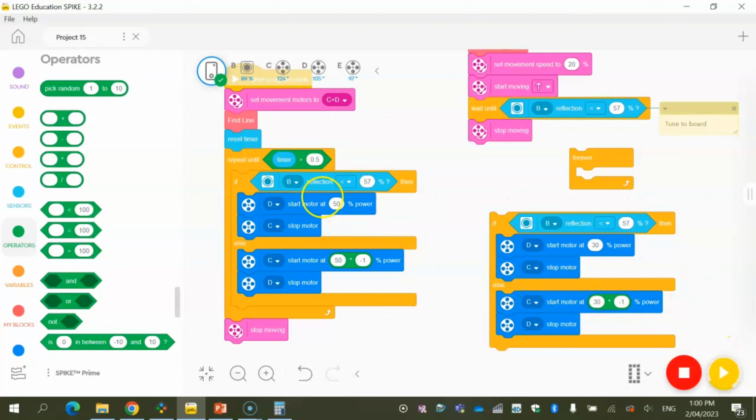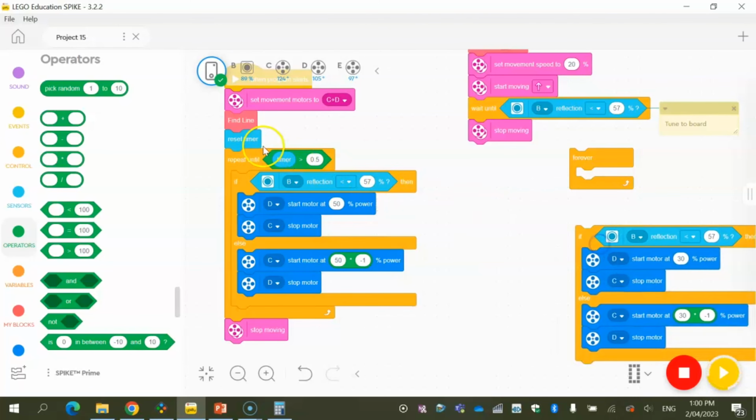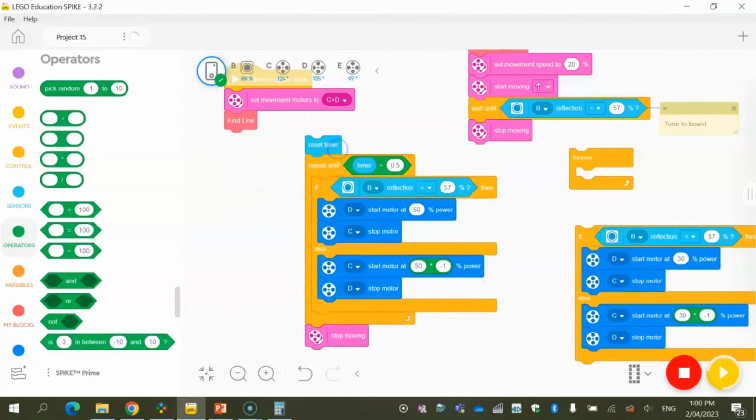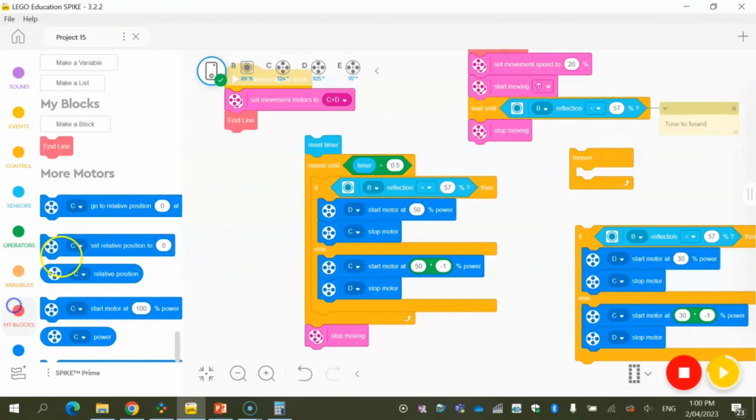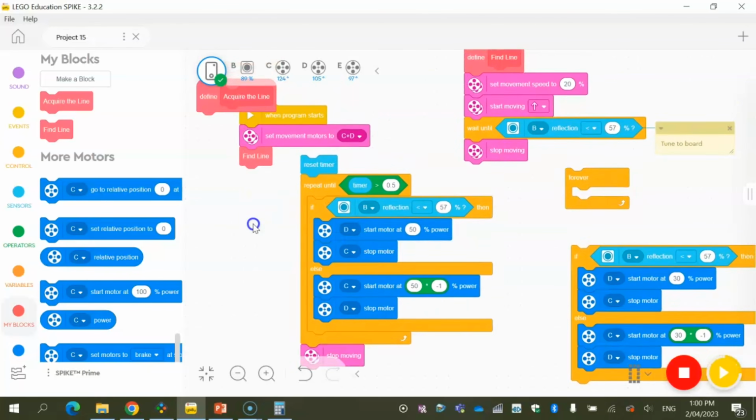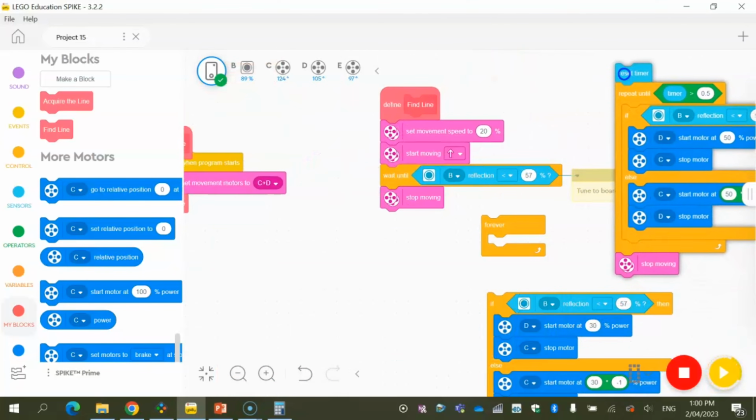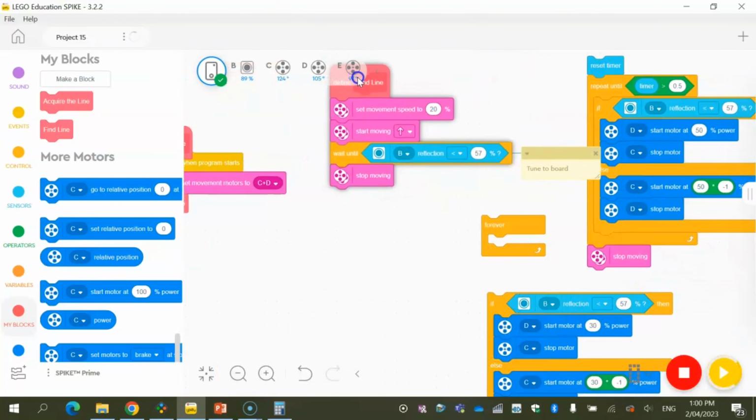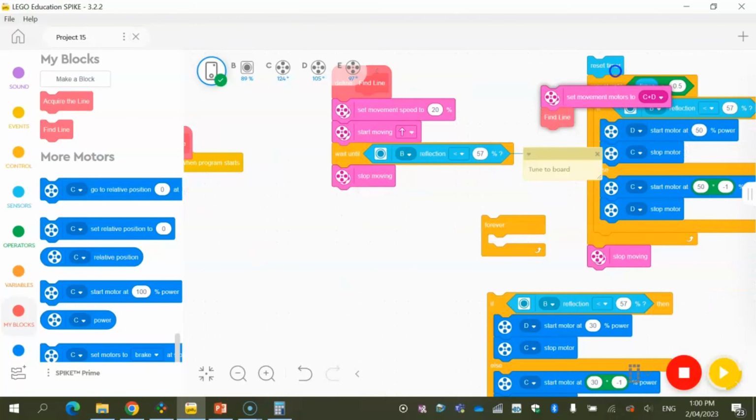Yep. So as we did before, I'm actually going to turn this part now into a My Block, and I'm going to call this part "acquire the line". So I'm going to come down here to my blocks, and I'm going to make a block, and I'm going to say "acquire the line". It doesn't need any other inputs or anything at this stage, and all I'm going to do is come up here, take it out of the way,